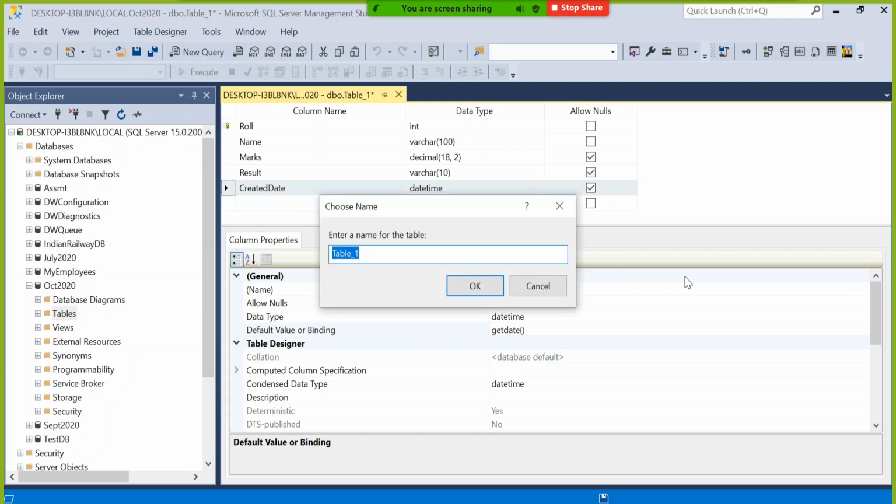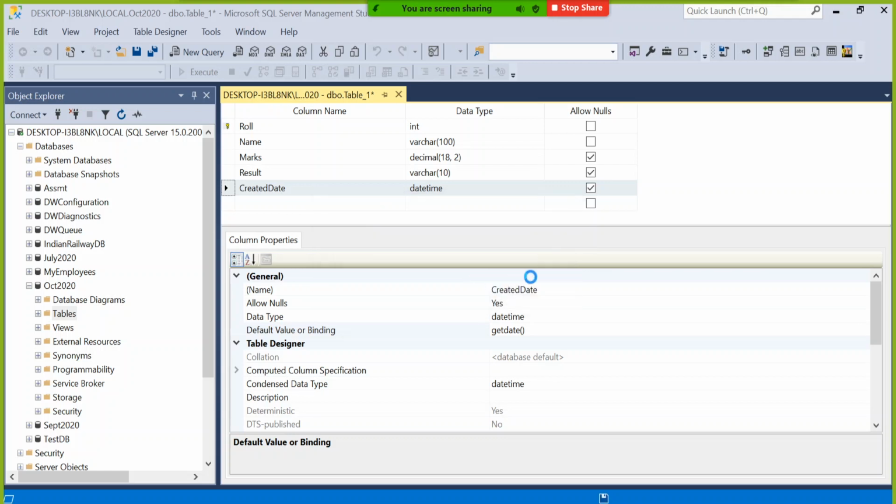Now let's save this table. We don't have any data, but we have defined the structure of the table, and this table name I will say as students. Always give a plural name, not student, data, table. Table name should always be a plural name, guys. It's a best practice. It's not that if you give XYZ it will show any error. It should be a valid name and should be plural. That is just a best practice. Why plural? Because this table is not containing one student's data, right? It will store multiple students' data.